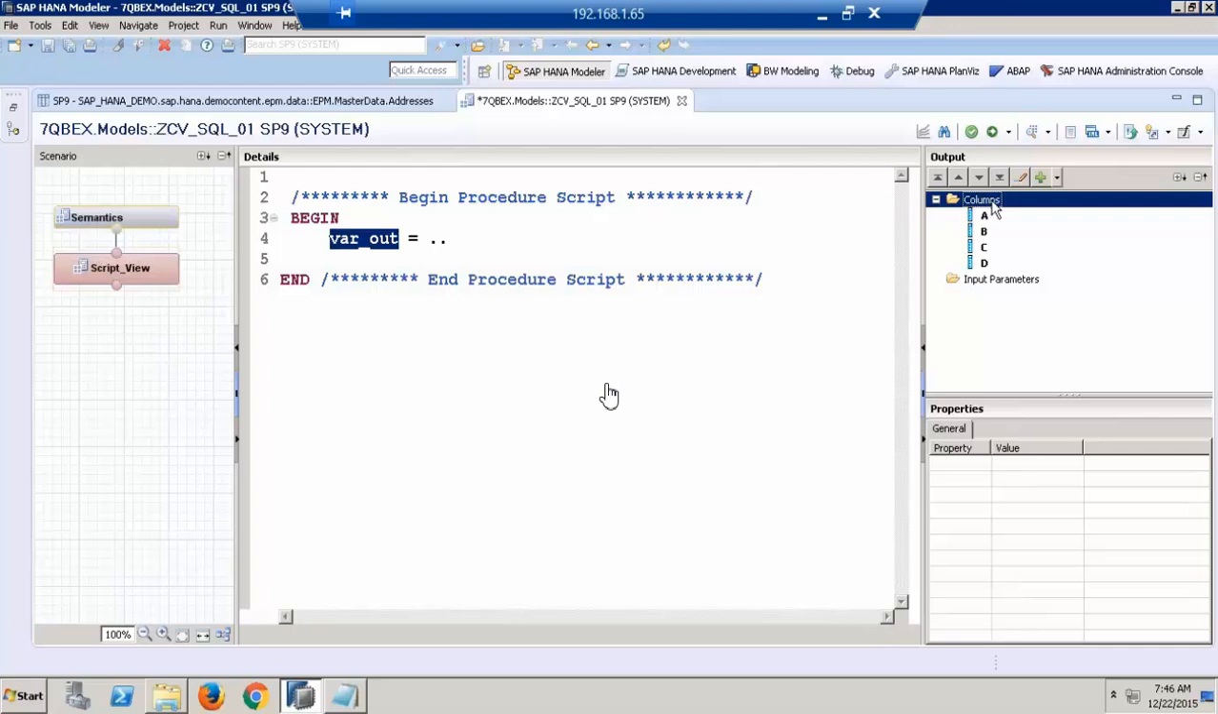In this output block, whichever columns you declared in the columns folder, those columns will be used to declare the structure